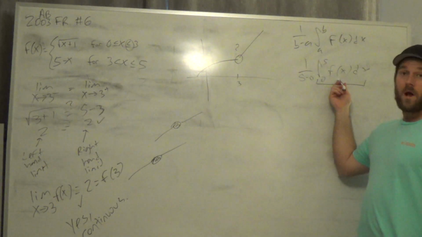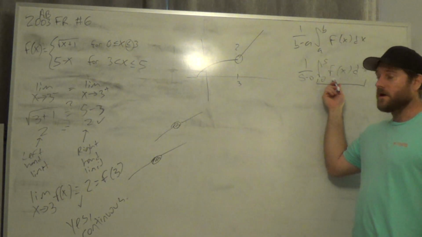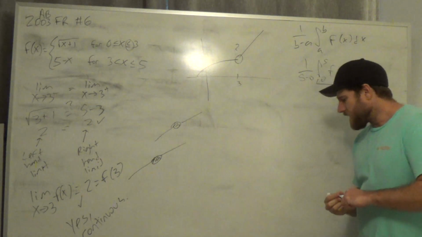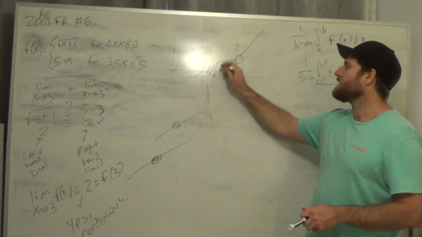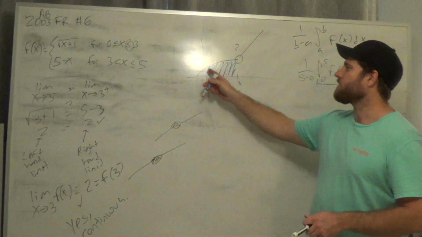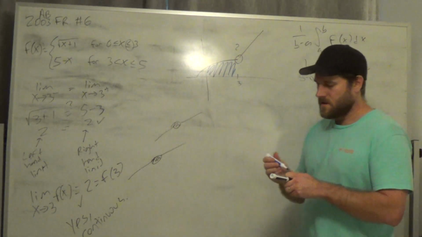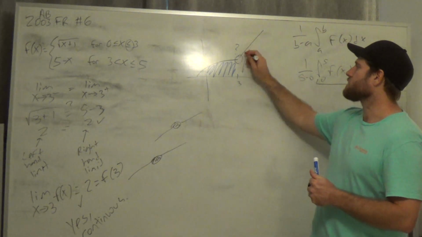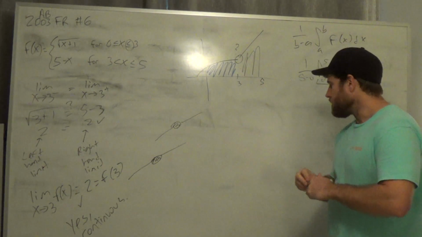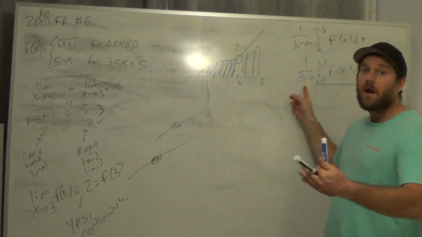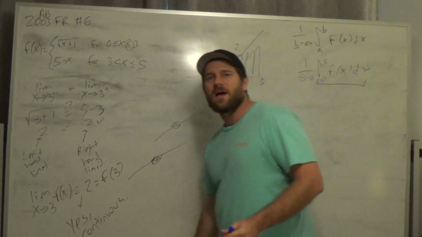But we are going to have to do things like this, like find the area underneath the curve. So when I want to find the area underneath the curve, I'm finding the area underneath this graph from 0 to 3, and I'm finding the area from 3 to 5 underneath this graph. So I'm going to save the 1/5 at the end. At the very end, I'll bring the 1/5 back. But for the time being,